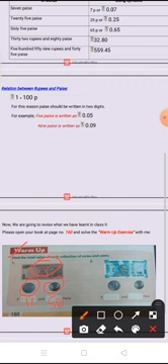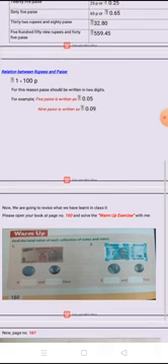Next, sum number 2. This is, you can see, a 50 rupees note. This is a 2 rupees coin and this is again 50 paisa. So 50 plus 2, 52 rupees plus 50 paisa. So paisa we will mention separately, and in the box of rupees we will mention only the rupees. 50 plus 2, that is 52. So 52 rupees and 50 paisa.